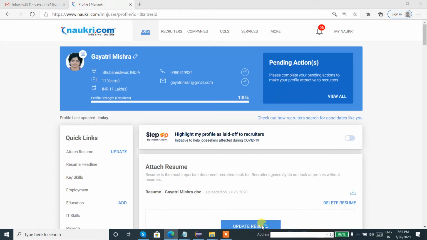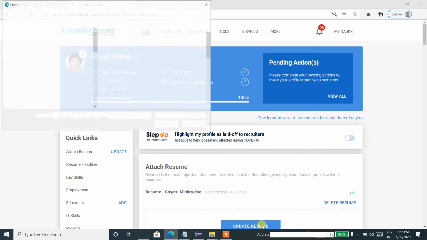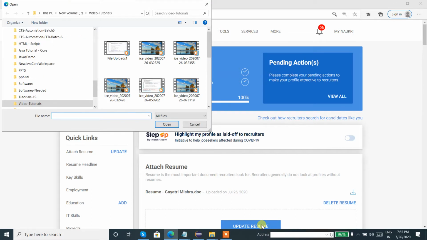So how can we automate to update the existing resume to new resume? Fine, because once we are clicking over here on update resume, it is taking me to Windows. It is no more in my web application. This is not the part of my web application. So as it is the part of Windows operating system, how can WebDriver identify this Windows interface, and how can we automate? That is the challenge we are facing over here, and how can we control the scenario. This is what all about the demonstration.